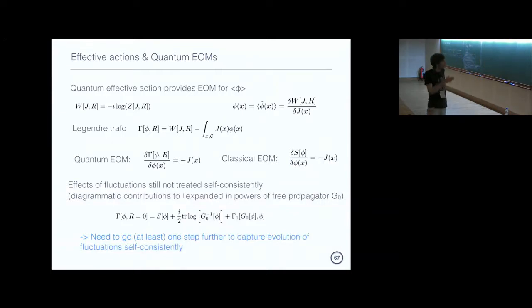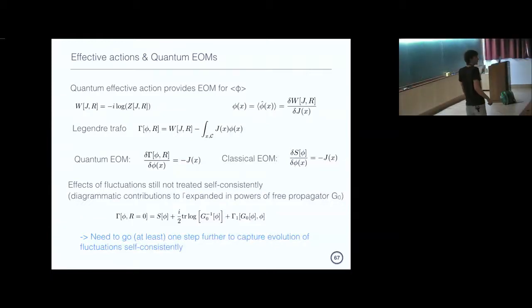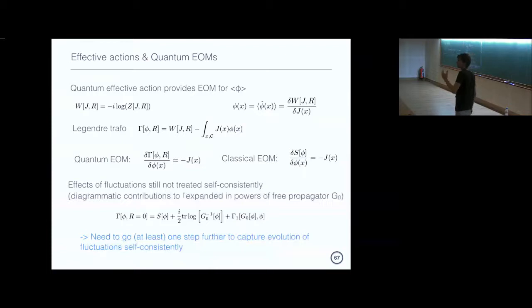Now, why is this nice? The reason is that if I take a functional derivative of the effective action with respect to the scalar field, this gives me essentially the equation of motion of the scalar field. In a sense that's very similar to an equilibrium. So Rob wants to compute his Polyakov loop. What does he do? He extremizes the effective action to get the correct value of his Polyakov loop at the end of the day.